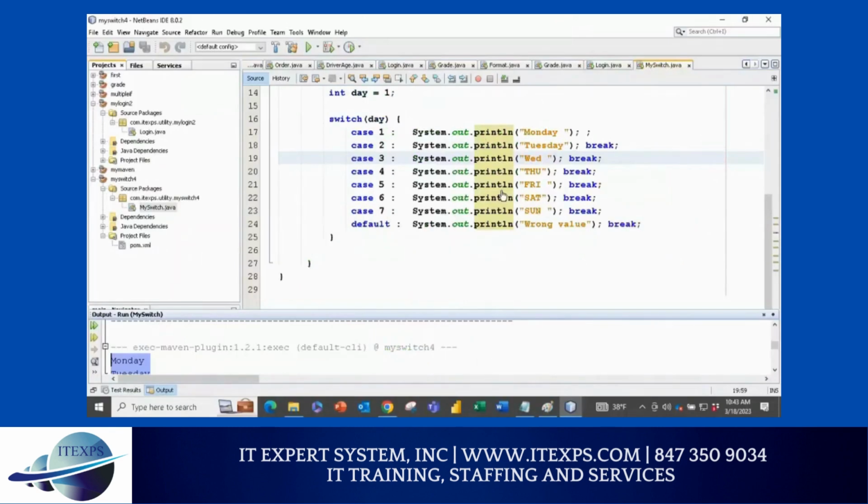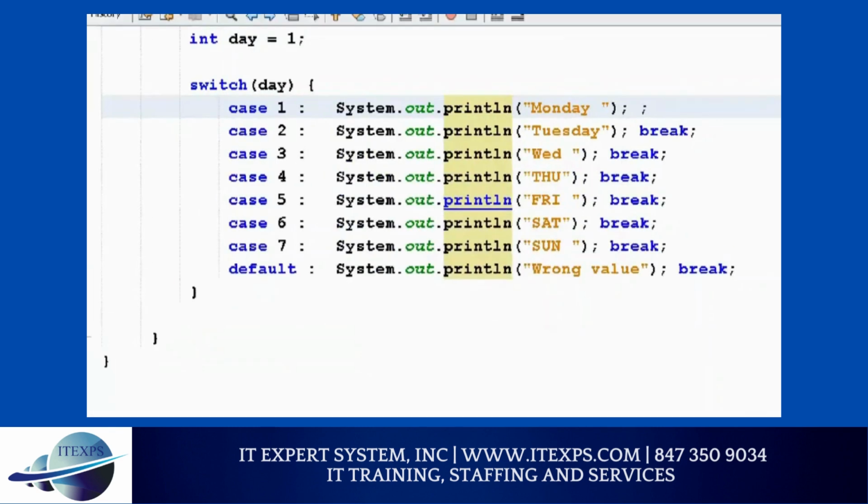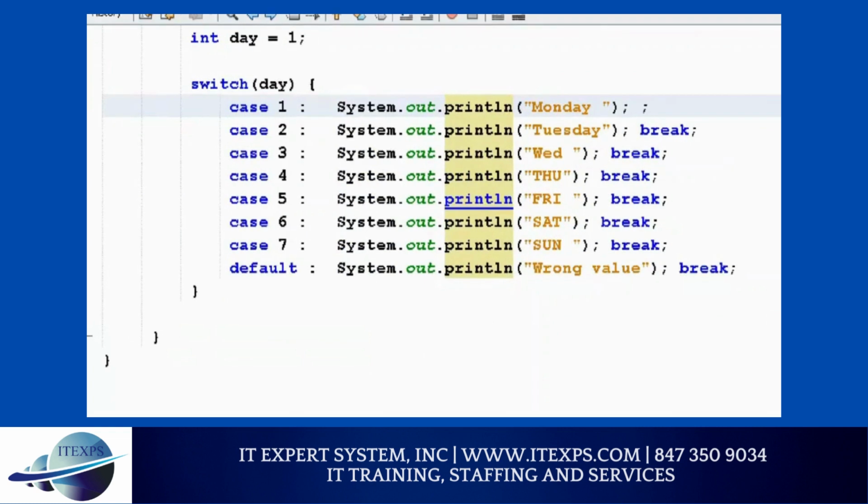Yes, Ola, go ahead. My question is, where is this switch statement applied in the real world so that we can have a better understanding? And secondly, can we have a complex example, just like the first one we did, like the grade? Can we have a complex example, not just one variable?